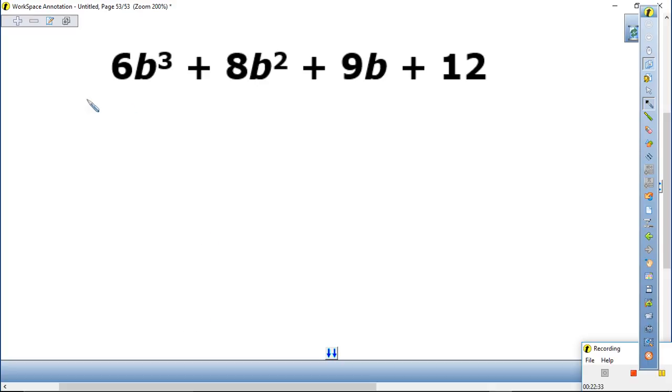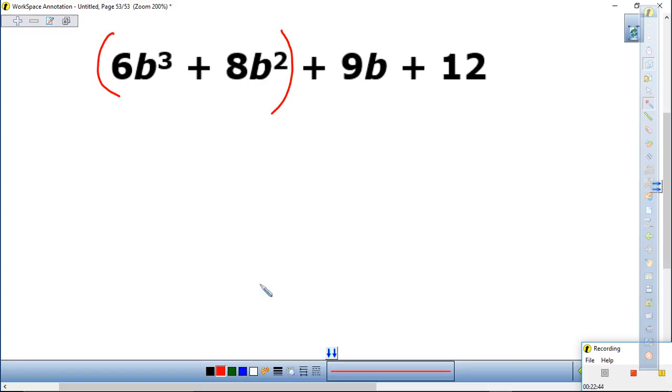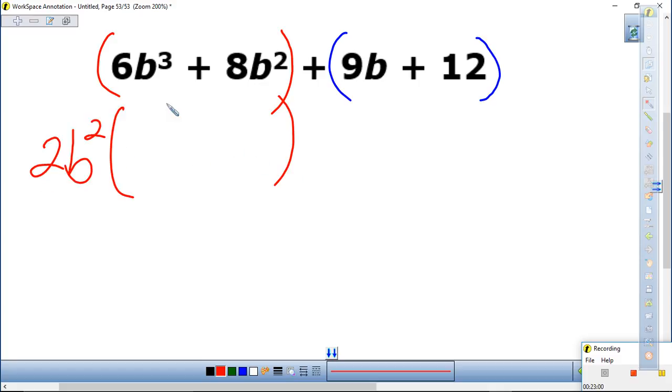So, Jocelyn, what do you notice? It's in standard form, from highest degree to lowest degree, yes? So the first thing we're going to do is group it into 2 terms and 2 terms. For right now, we're going to focus on these 2. What's our GCF for the first 2? And we're left with 6 divided by 2 is 3, and b cubed divided by b squared, we're left with b, plus 8 divided by 2 is 4, b squared divided by b squared is 1, and it's already there in the 4. All right, plus,